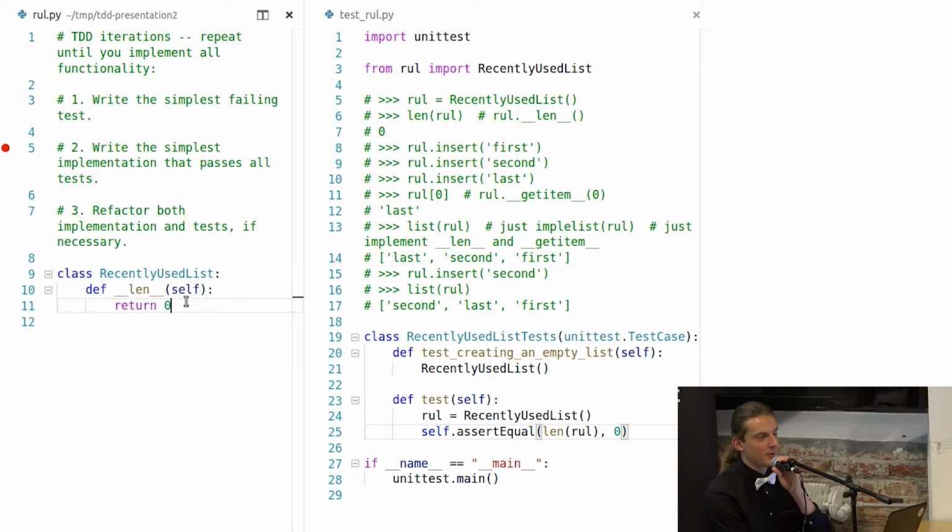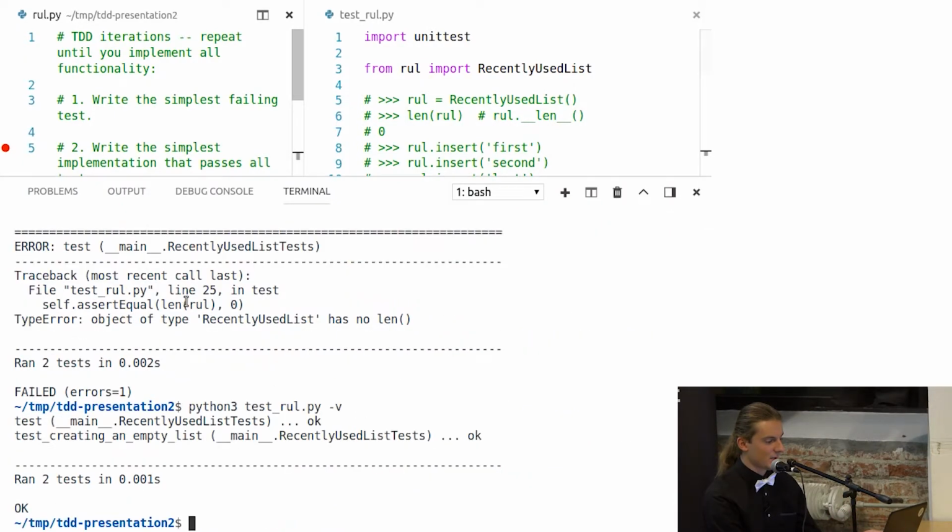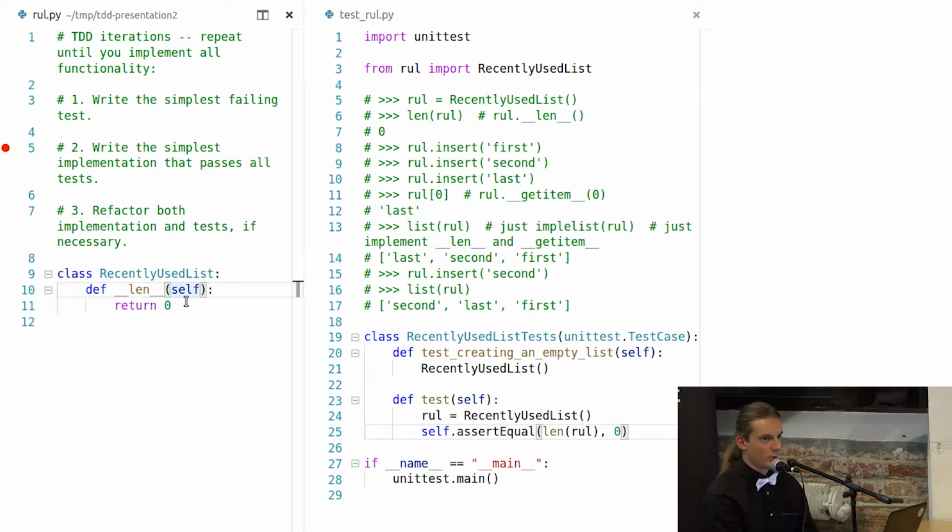But the point is, of course, probably what we do in practice is that we just create an internal list. We store items on this list and then return the length of this list. But just because we want to follow TDD strictly, we want to just write the simplest possible code. And this is the simplest code that passes all tests. Yes, we don't implement a piece of functionality that is not tested yet. And so far, we test only an empty list. So we can assume that it should return 0 all the time.